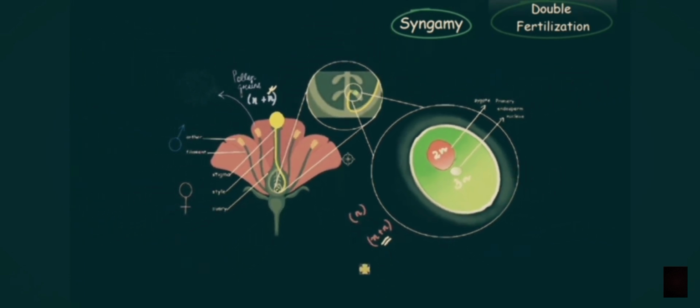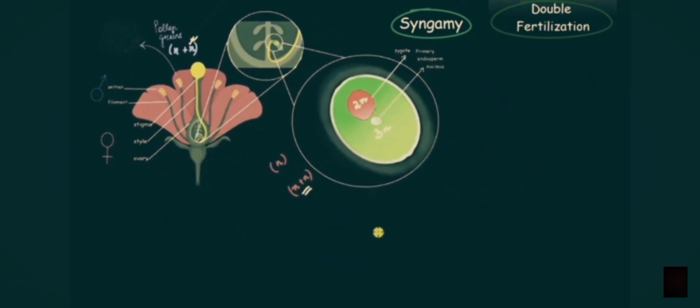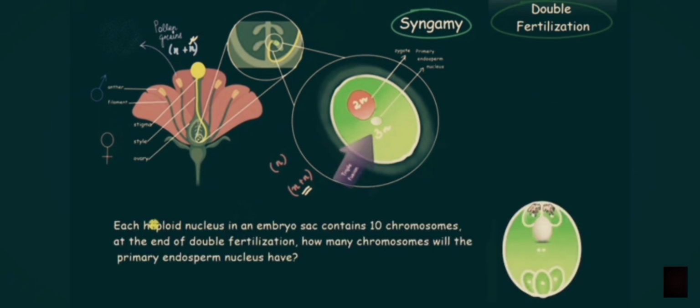Alright, now that we have seen how fusion of male and female gametes takes place, we know what is double fertilization and triple fusion. How about we try and solve a question related to it? So the question is, if each